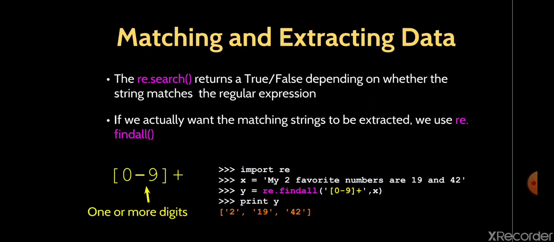If you want to match and extract a substring from the matched string, then you should go for the findall method. Here we can check out the example at the bottom. We have imported re, then we have initialized a string x, which reads: my two favorite numbers are 19 and 42. If our purpose is to extract the numbers in the line, that is 2, 19 and 42, then we can use findall, which will run like y is equal to re.findall